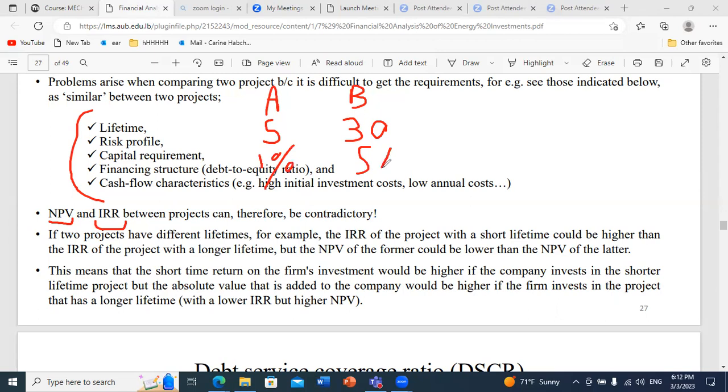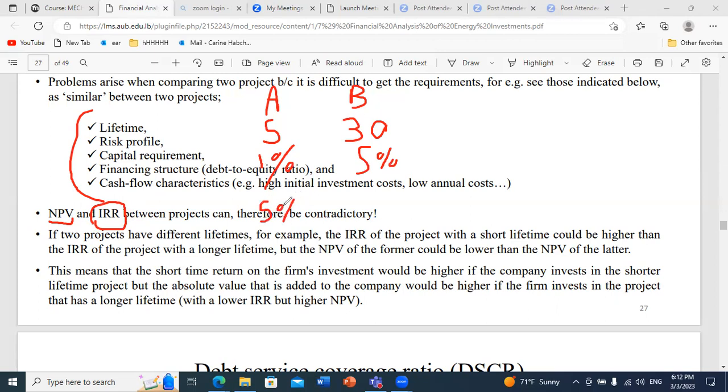Okay, and if you do the analysis of your systems, when you calculate the IRR, you obtain, for example, for A, let's say an IRR equal to 5%,